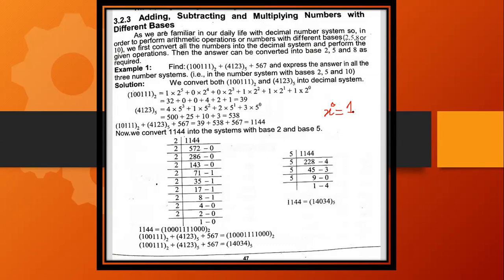I will share its proof by tomorrow with you people, inshallah. So, if x to the power 0 is equal to 1, thus 2 to the power 0 would also be equal to 1. Is this step clear? 2 to the power 0 is equal to 1. So, 1 into 1 would be equal to this one. After that, we are going to add all the terms. Add all the terms and tell me the answer.